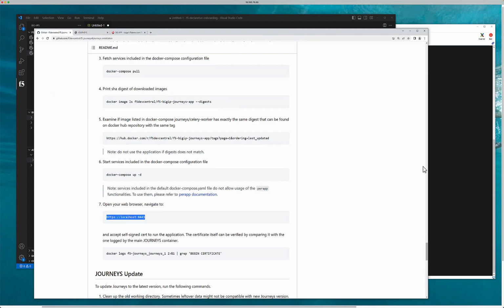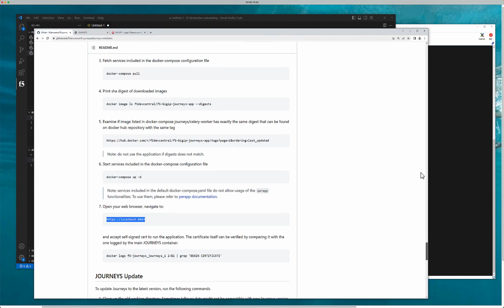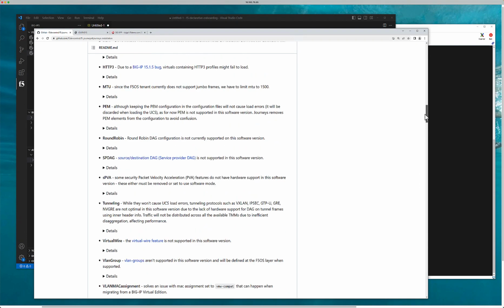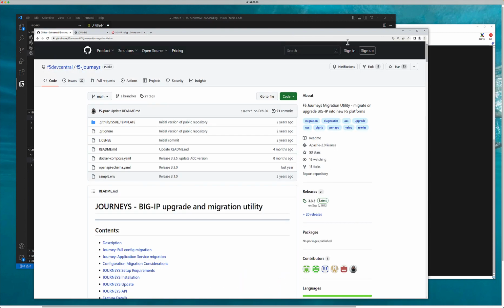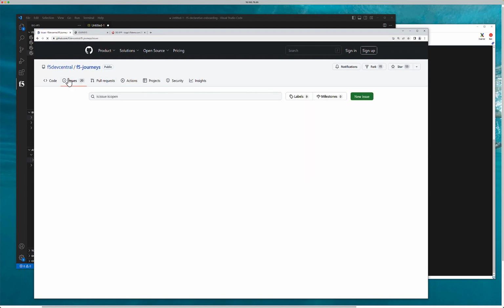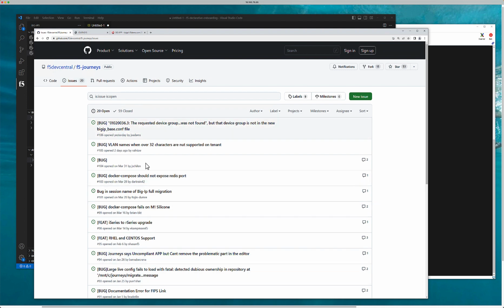So to recap, what we did was we installed Journeys, and to get to the Journeys tool, it's on F5 DevCentral. Just look up F5 Journeys. Go ahead and install it. You're welcome to reach out to the users. You can see there's some issues being filed here. For example, there was one filed yesterday. So if you have any issues, you just file an issue,